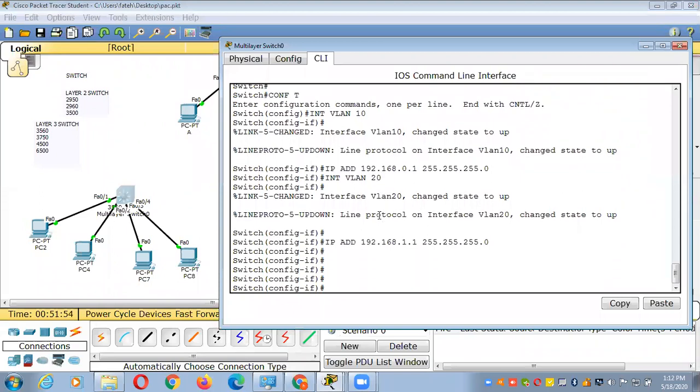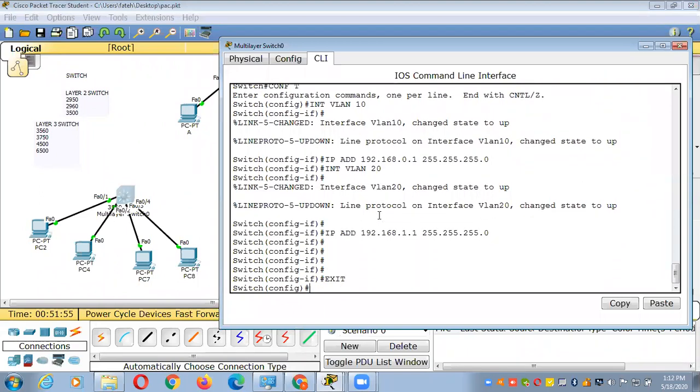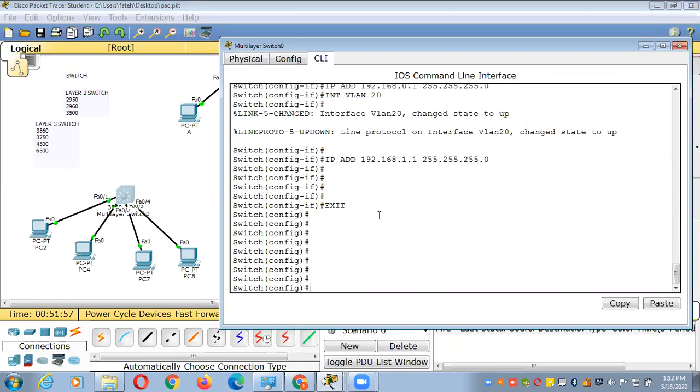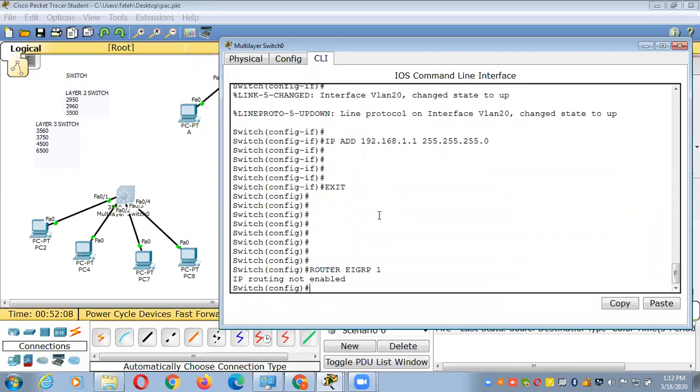Suppose I configure a routing protocol here. How will I enable the EIGRP protocol on this router? Router EIGRP, and the number. So when you are going to enable a routing protocol on this router, try to understand, brother.